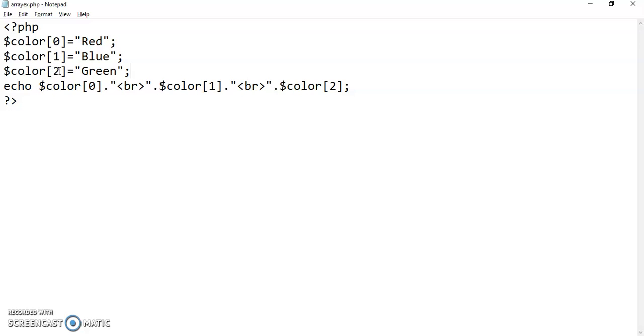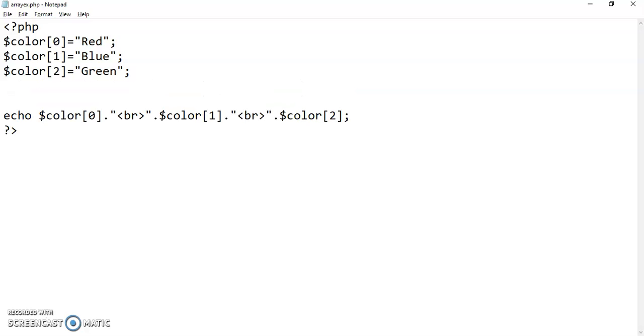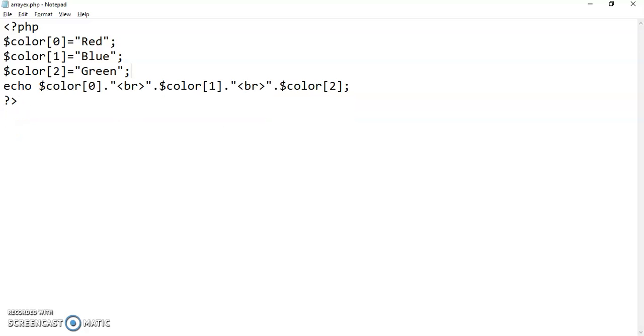The second method in which we can declare our array is by creating an array and then calling the array object and then assigning our values. So that's the second way of creating an array. Okay, so as of now in this example, we'll go with the first method of assigning values to individual index locations. Since our array is not that huge, we can assign the values over here directly.